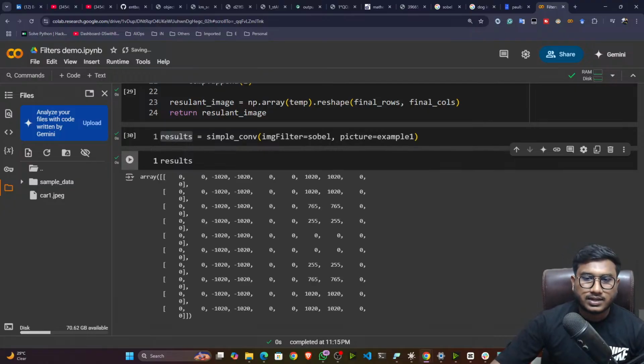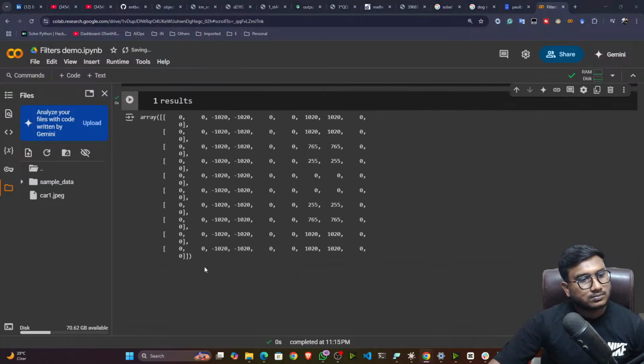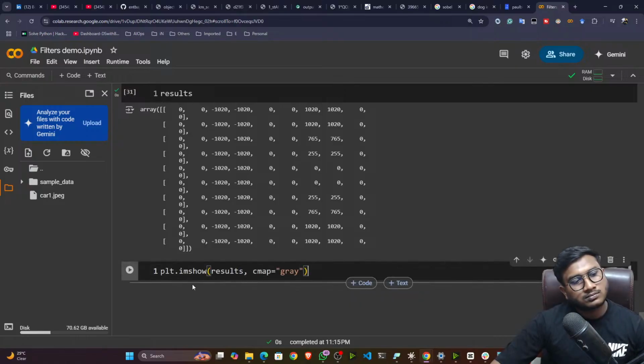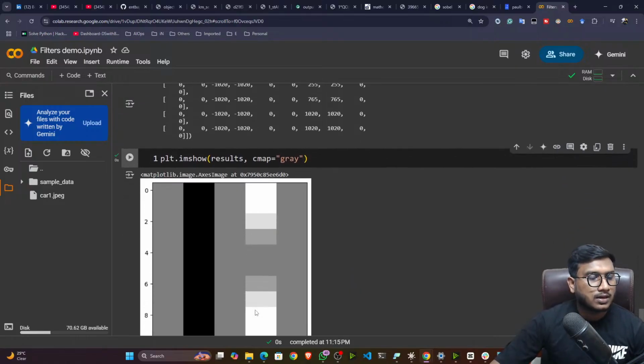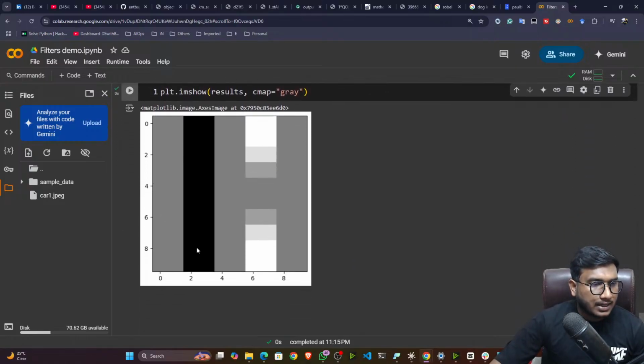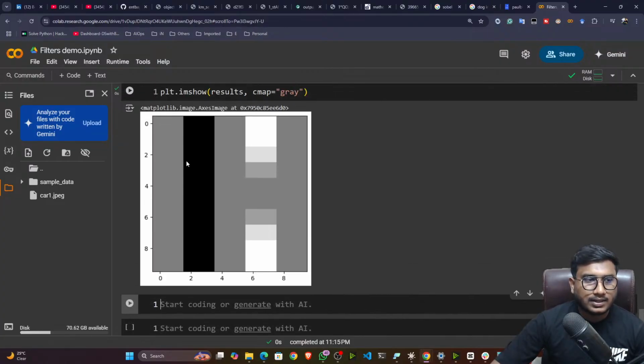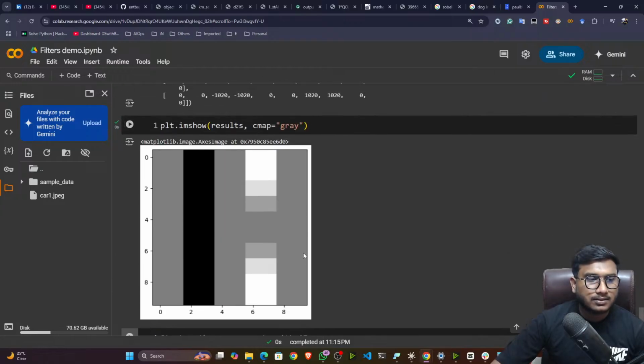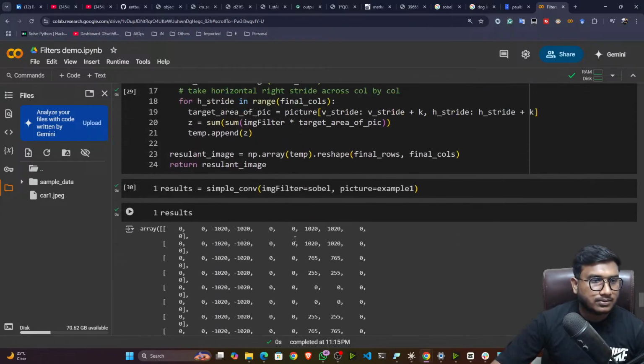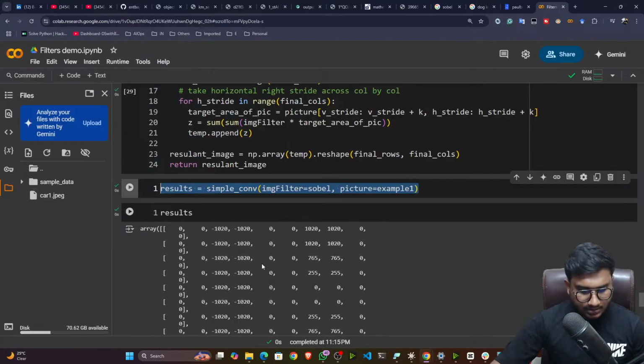Now let's try to visualize the matrix. Now see guys, only the vertical features remain, and all the horizontal features have gone. Okay, so this is the work of the Sobel vertical filter. It will only extract the vertical edges. Now what about the horizontal? So again what I will do, I will pass,